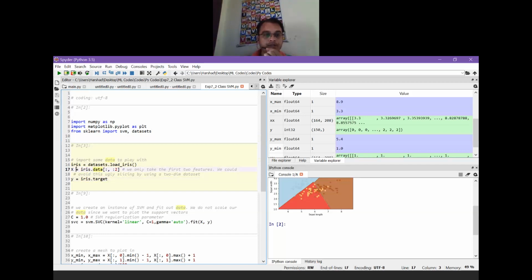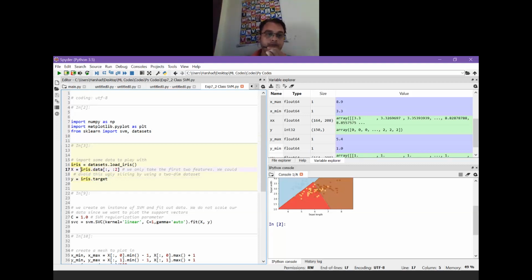X is the data features and y is the type of the class. So if I give x as an input, based on that it will classify the available data and predict the particular output from the target.